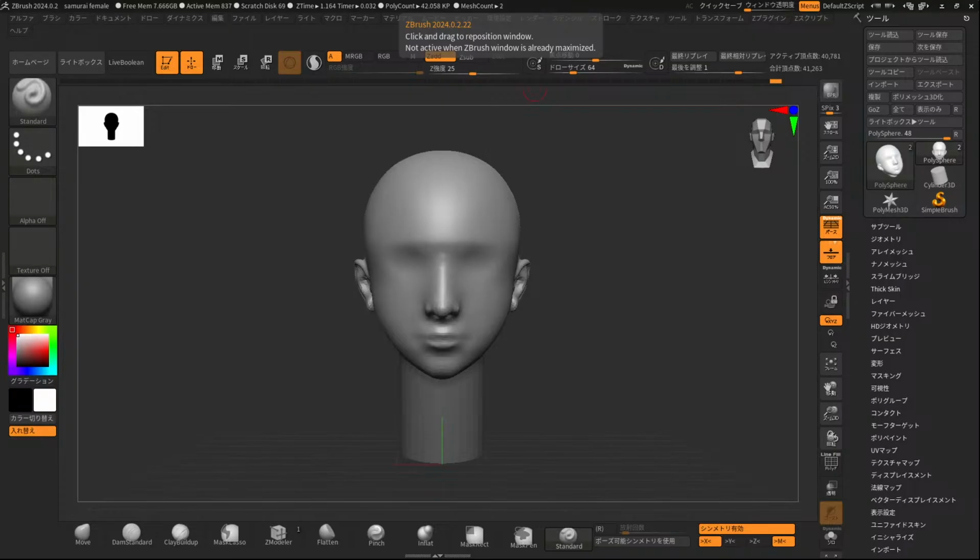Either the resolution of the mask or the resolution of the mesh is not going to be perfect. That's okay, because we can use the smooth groups brush. Come into Lightbox, brush, smooth, and smooth groups. So credit does go to Mike Clymer, who I initially saw this from a ZBrush Summit in like 2017. And when he showed it, you could tell from the crowd that even though it had been around for a while, people hadn't been using it or seeing it.